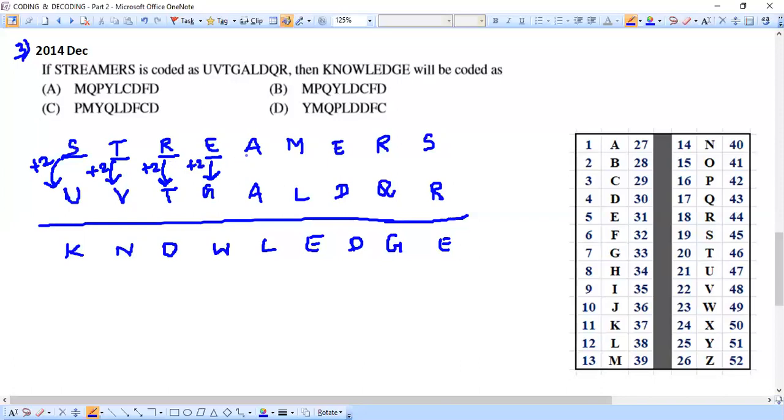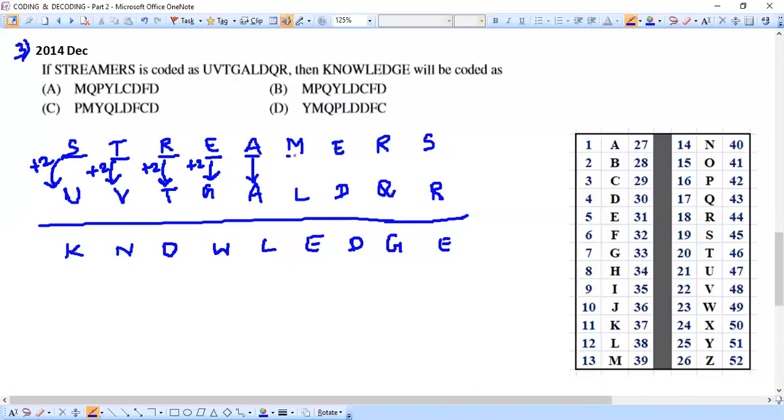Now come to the 5th letter, A. Here this A is coded as A itself. So that means they have repeated the same letter here. They are not making any travel. So far we had +2, +2, +2, +2 for the first 4 letters. But when we come to the 5th letter, here they are not moving like +2. So here they have used the same letter. Anyways, we'll just hold on this 5th position. Let's continue from the 6th.